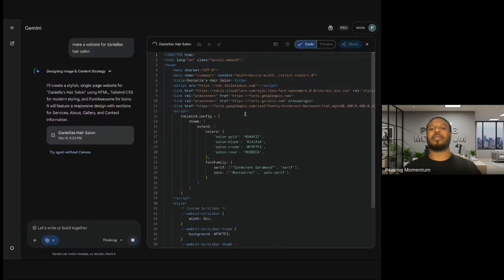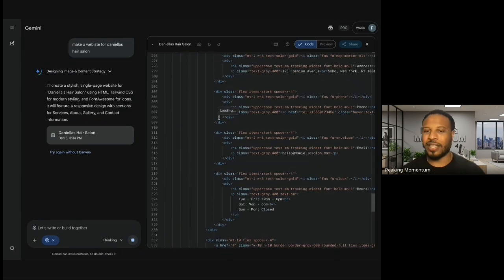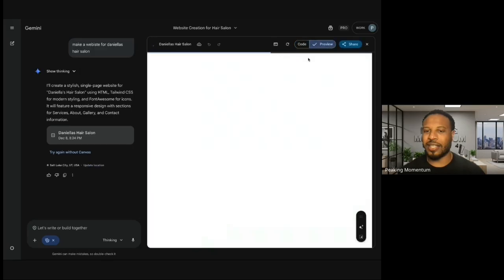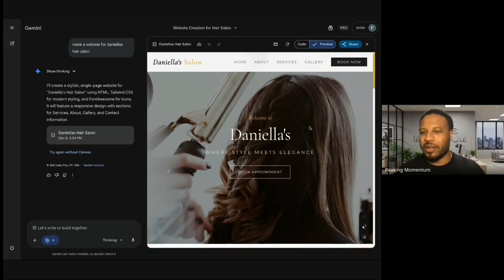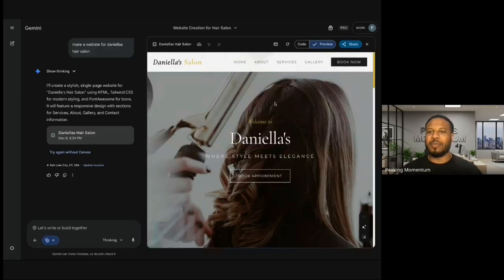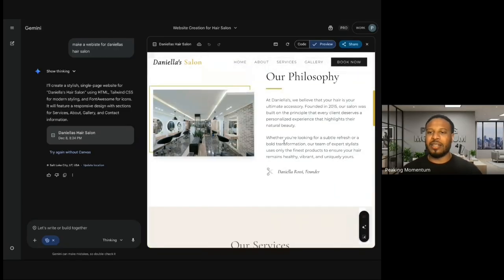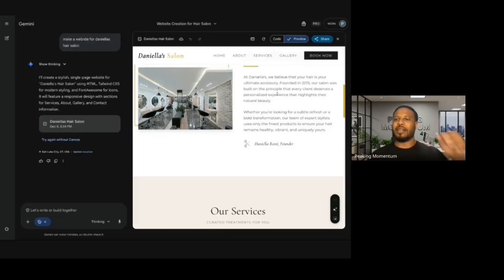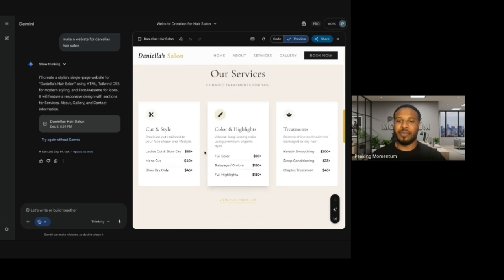It's going to create the website, coding it. But this is actually coding out a website for you, right in front of your face. And now it's going into the preview mode, and we'll see. It created this website in a matter of, I don't know how long did we wait, a minute. It has a book appointment widget. It added the photos. It did all this here. It created a name, created an about section, services menu, pricing,